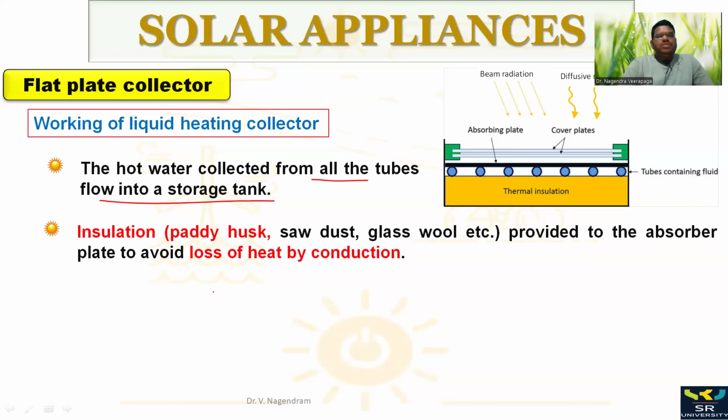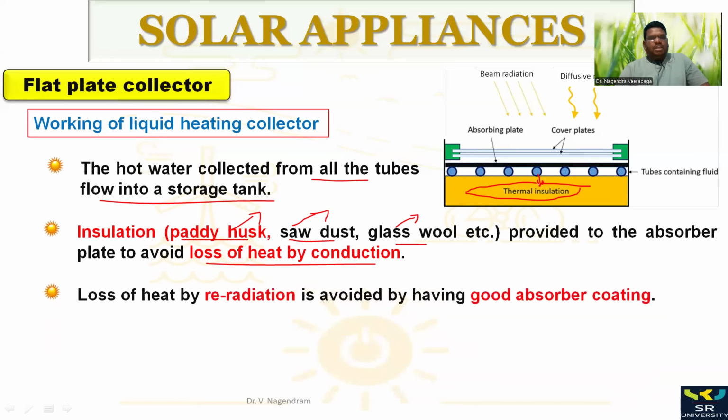So what insulation materials will we use? Generally paddy husk, sawdust, glass wool, which will be used to avoid the loss of heat by conduction. So this thermal insulation contains either polyester or sawdust or glass wool, which are good thermal insulators or bad conductors of thermal energy, to avoid heat loss by conduction, because these tubes are in direct contact with this insulation material to avoid the heat